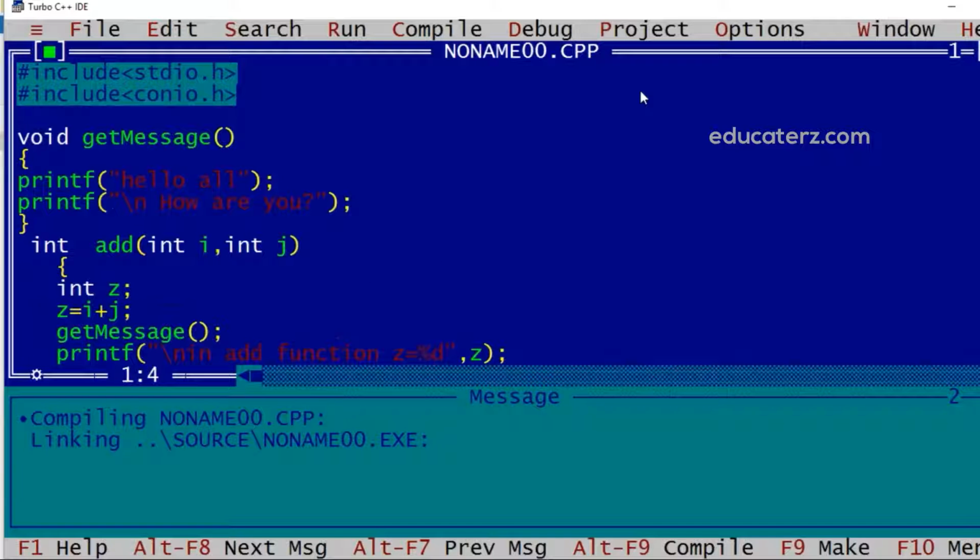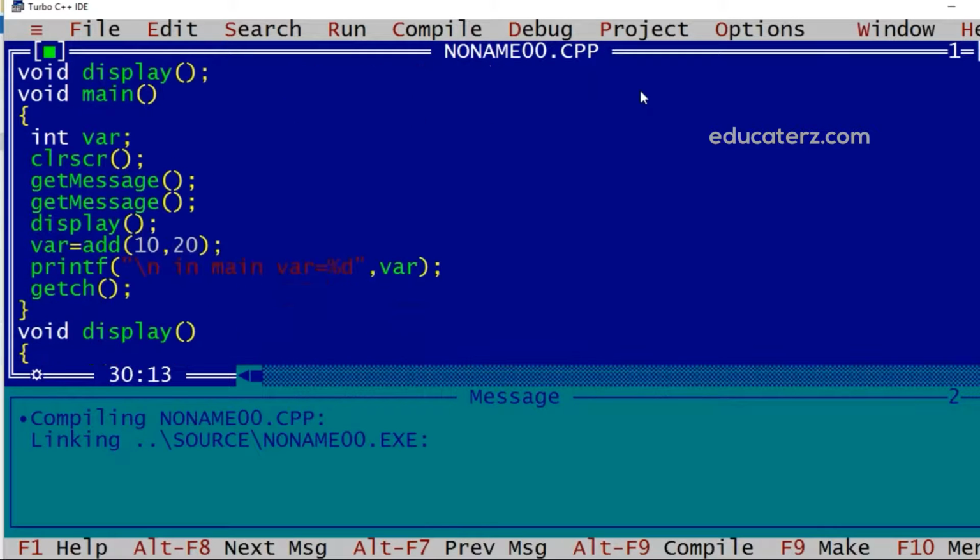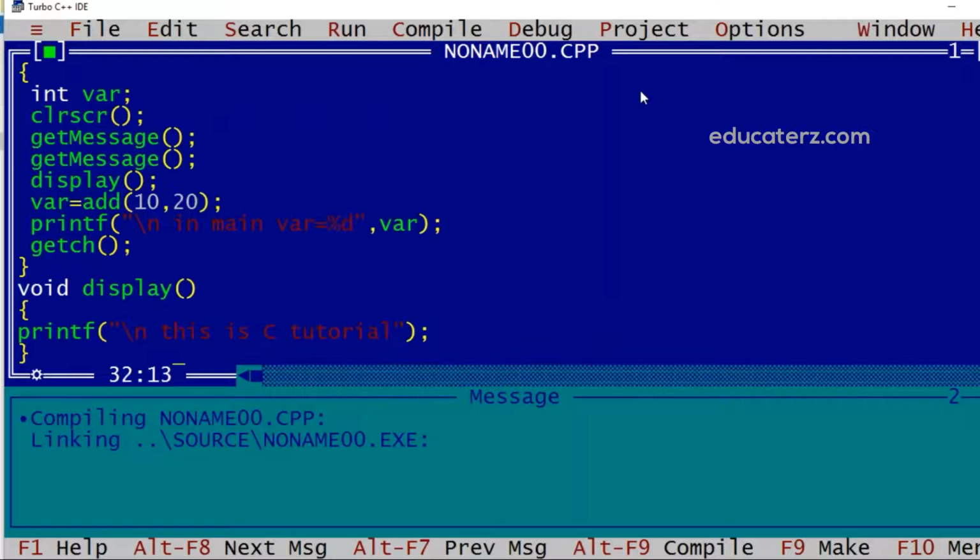So we have seen how to use the function. A function can return some value. We can pass parameters to the function. If a function is not returning anything, then we have to declare it as void. If we haven't given any return type, then by default it is integer. One function can call another function, but we cannot have the definition of one function inside another function. The value we can return using the return statement. Every function can have a return statement. So this way we can use functions.